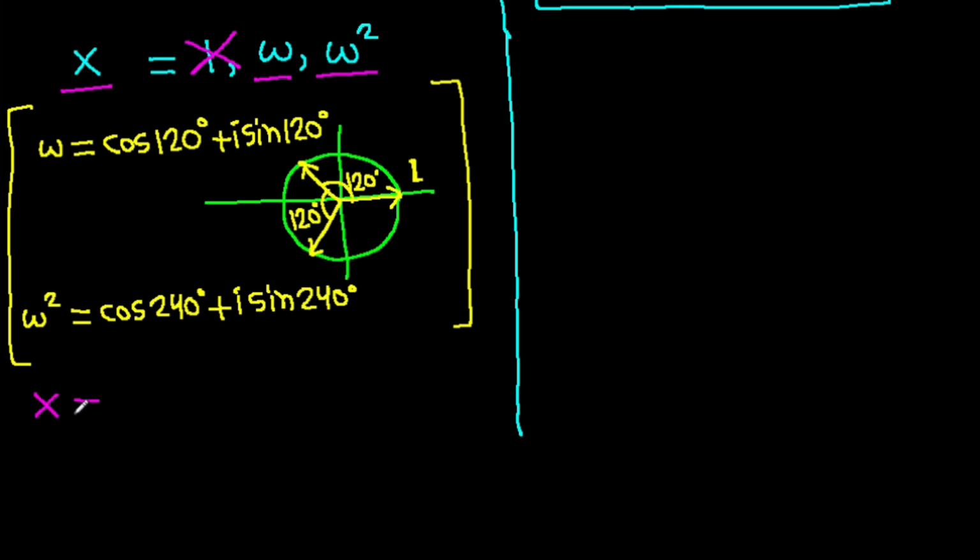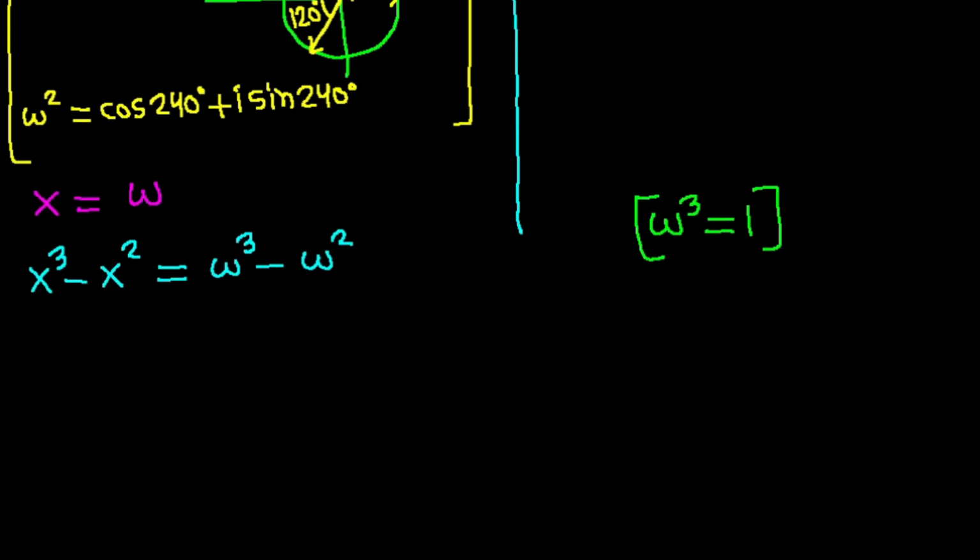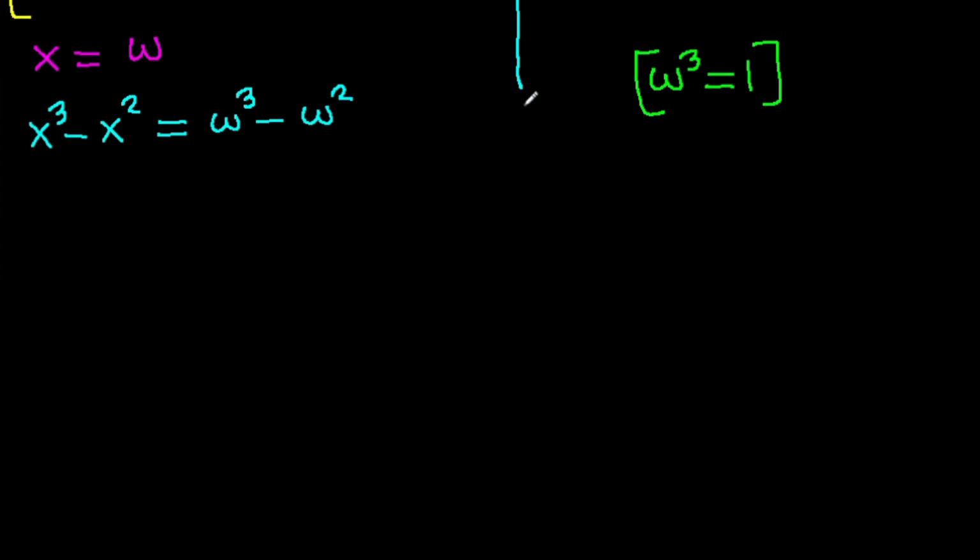So if x is omega, then x cube minus x square will be omega cube minus omega square, and omega cube is 1. So x cube minus x square is 1 minus omega square,